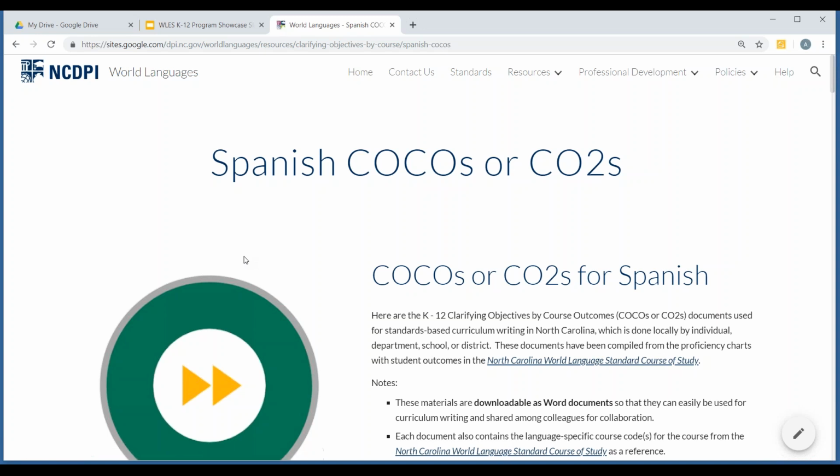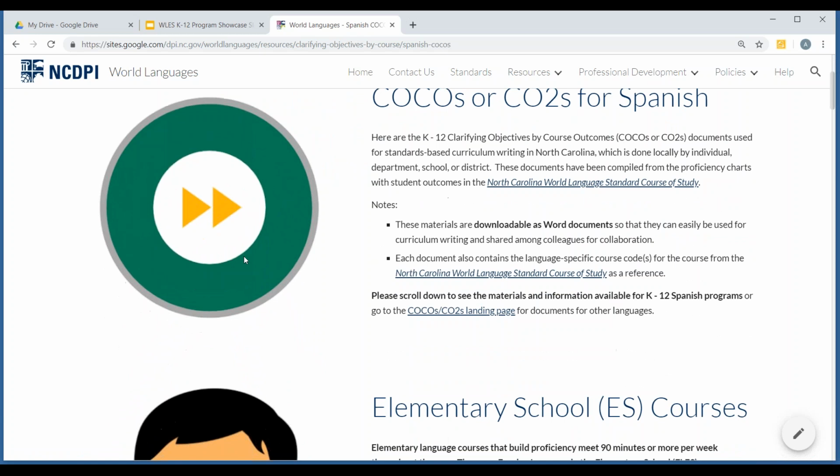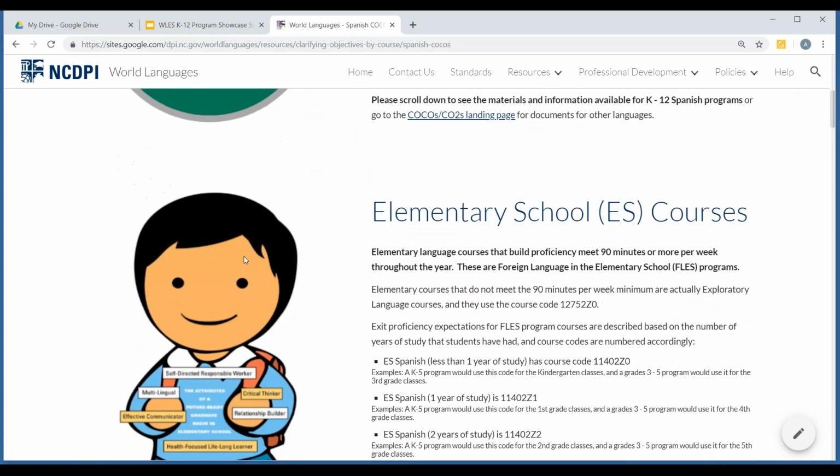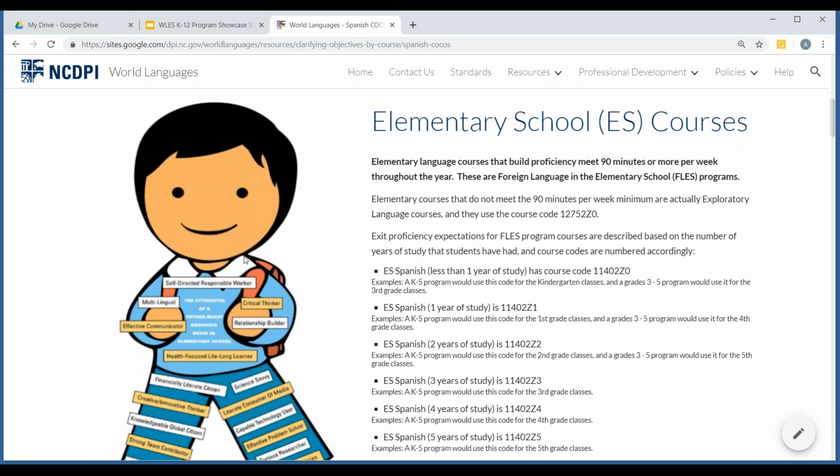Notice that when we get over to the Spanish K-12 page, it has another repeat of the explanation of what the COCOs are for Spanish courses. And then we have those materials for all of the language programs we just talked about in modern languages. Here are elementary school courses. In addition to having the information about needing instruction 90 minutes a week or more, there's also information about FLEX programs and how they're different. There's information about using the course codes appropriately for different elementary school offerings that are part of a FLES program.